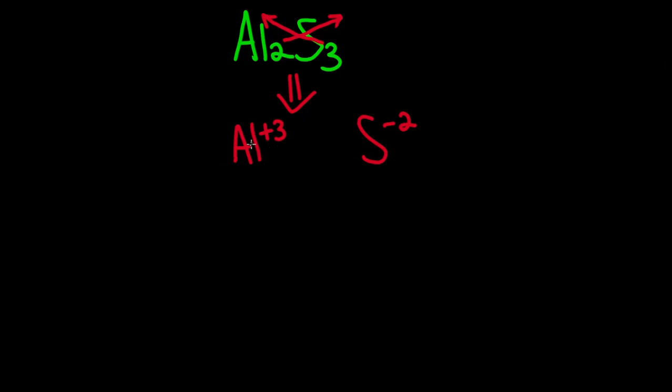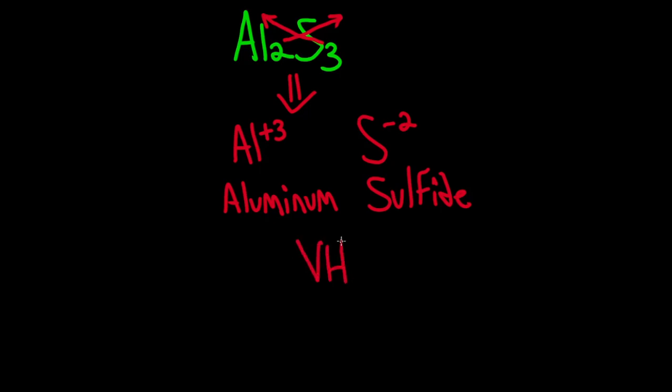So I see Al, and that is going to be aluminum. And remember, when I'm naming these, my nonmetal doesn't keep its original ending. It turns into ide. So this is going to be aluminum sulfide. And my hazards for this, because sulfide isn't one of the NCHPs, I'm just going to have variable hazards like that. All right, let me delete this, get a clean workspace. All right, next one is going to be